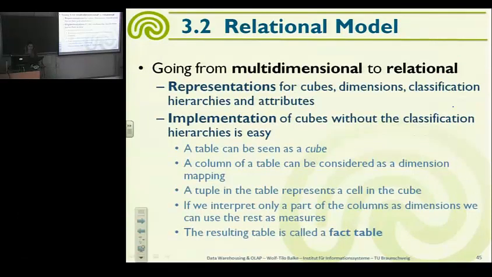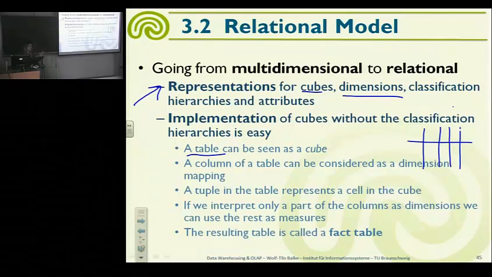And when they start thinking about it, they have now tables in the relational database. That's the underlying structure that they're working with. And somehow now, what they want to do is they have these multidimensional structures, they have the cubes and dimensions, and they want to take it and somehow store it in these two-dimensional tables. And they said, okay, well, the table could be seen as a cube. And how so? Well, we have in the tables the columns and the rows, and what we do is we take the dimensions and we put them in the columns,